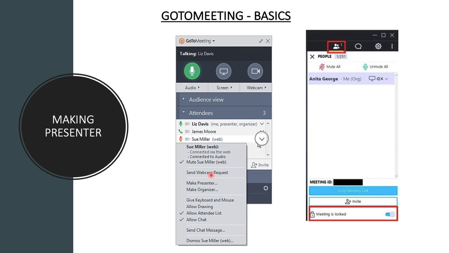There are also quite a few other options, just in case, as I said, you have an admin who is basically scheduling the meeting. He can start the meeting, and he can also choose one of the attendees as an organizer. He can select one of the attendees as an organizer and then click on leave meeting, and he can exit the meeting, and the meeting can still go on with the newly nominated organizer.